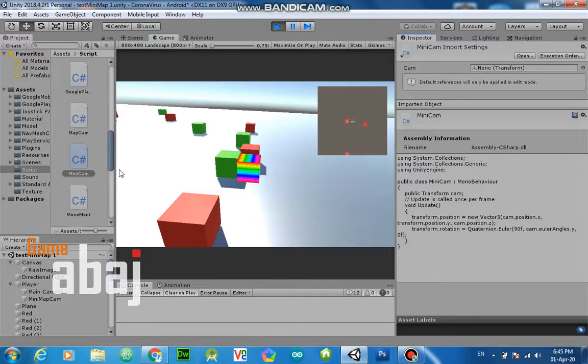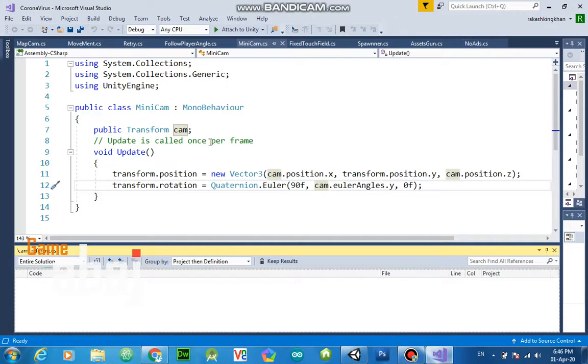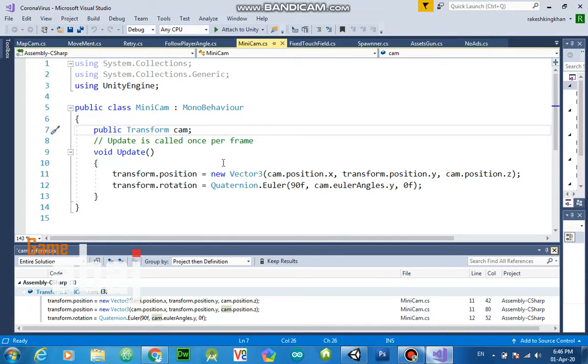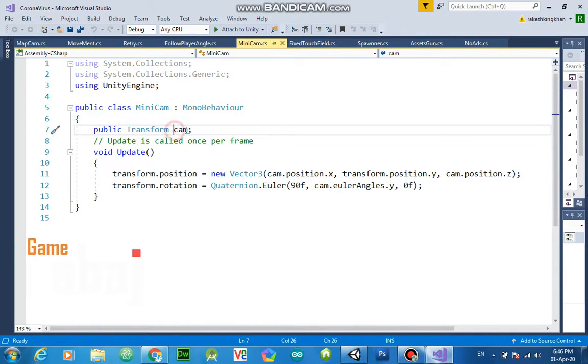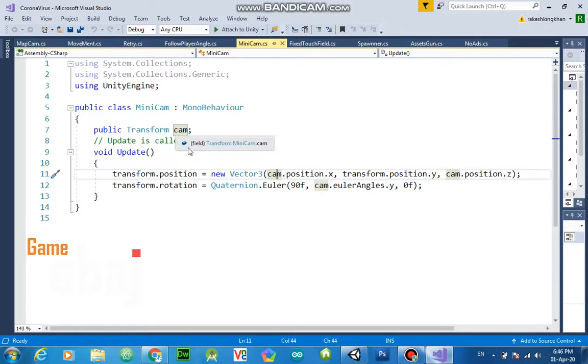I have called a public camera. First I open this. In this script, this is my real game script, I follow the main camera. The main camera is a parent of the player, so everything works. This is for position and this is for rotation, so it will rotate according to the player and position according to the player, because I have put the main camera as parent of my player. You can put the player here to follow also, it works fine.